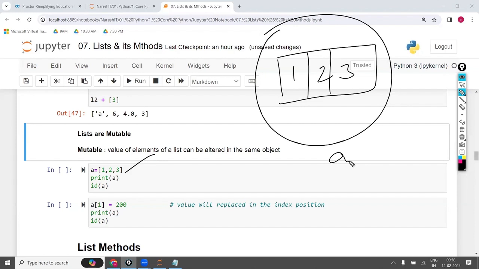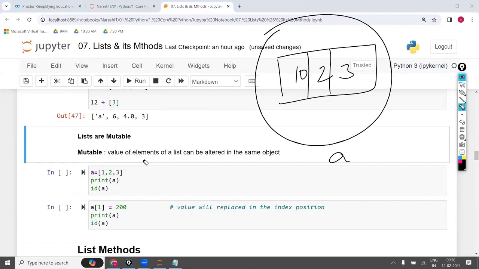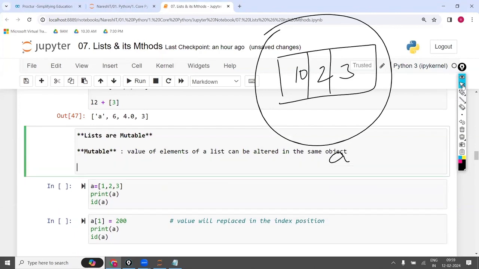These can be modified means either you can delete 1, or you can replace 1 with 10, or you can do some modifications inside the object. If you are able to do modifications inside the object, then it is called mutable. Now the point is, what are the modifications?